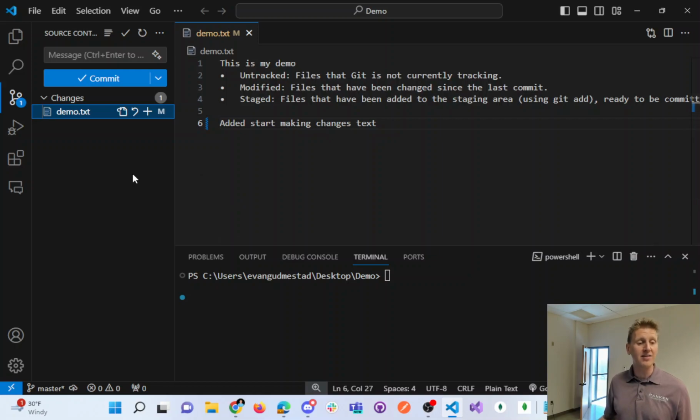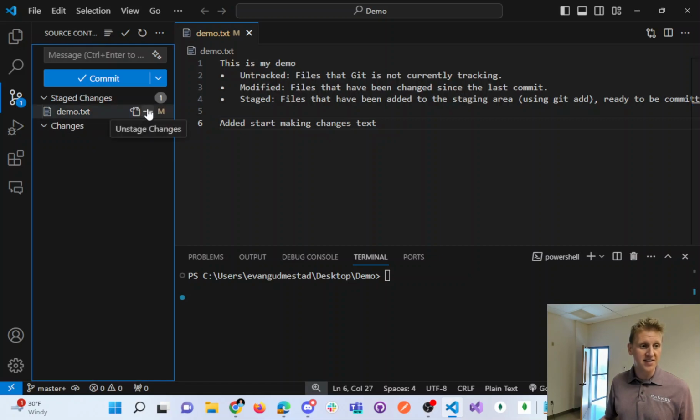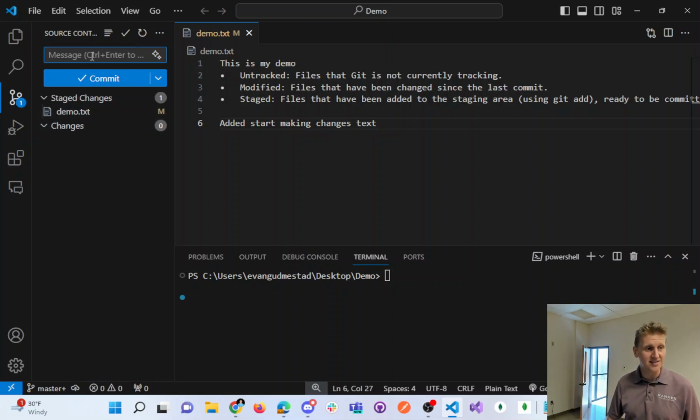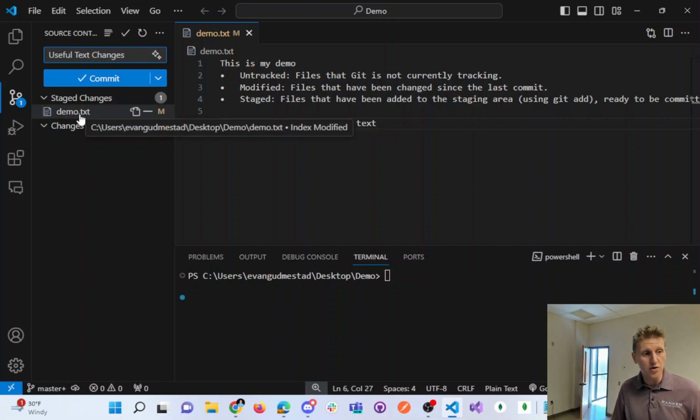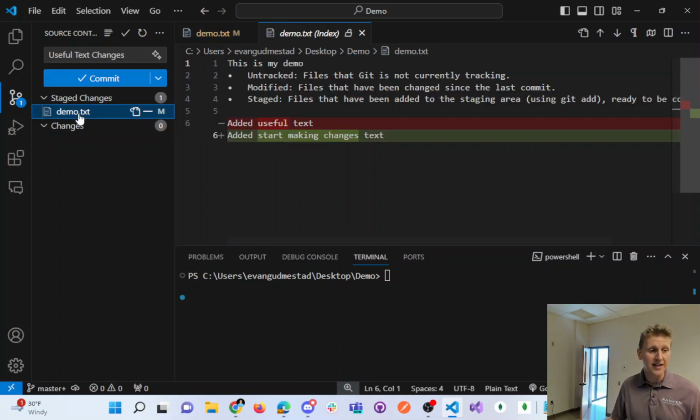But just to highlight the GUI features, we can stage changes using this plus, and we can unstage changes. And so just as we stage changes from the terminal, we can do that here. If we stage a change, then it's ready for a commit. It's added to the staging area. And before I actually do this commit, another thing that you can do here is you can click on a